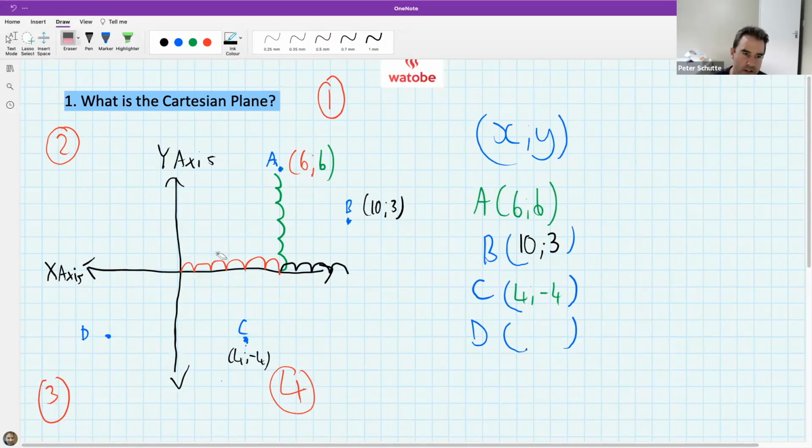What is D going to be? What's D, these coordinates? So that's going to be